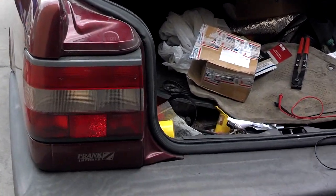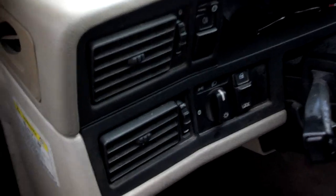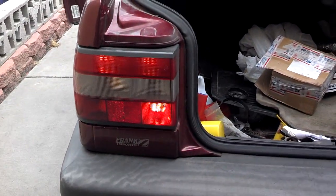Oh, the ignition is bad. Let me turn the key back a little bit so my lights work. I hadn't replaced that ignition switch yet. There it is. Now it's showing my rear fog light switch on there. As you can see,